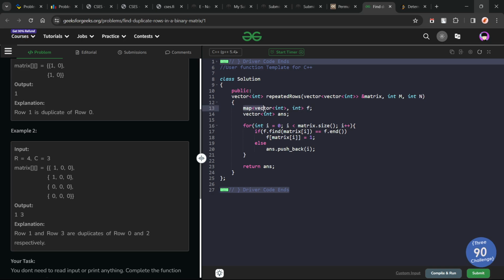What you can try to do is you can create a map, right, which is just going to store the whole vectors and store whether they are present or not. And I've initialized my answer with 0 here as well. So for each row, I just search it in the frequency map, right? So if this f dot find returns f dot end, that means this particular row is